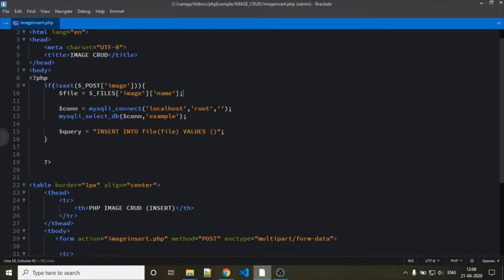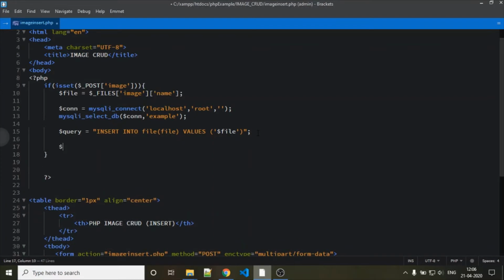Just copy it and paste it in here. Here our query is complete, so run that query.